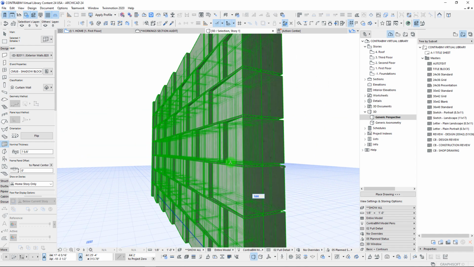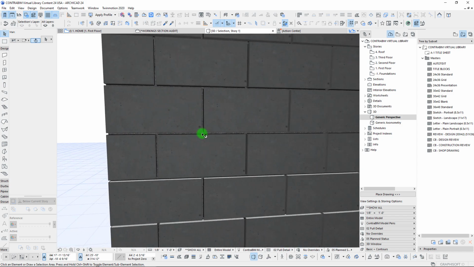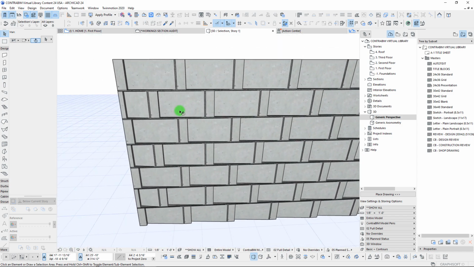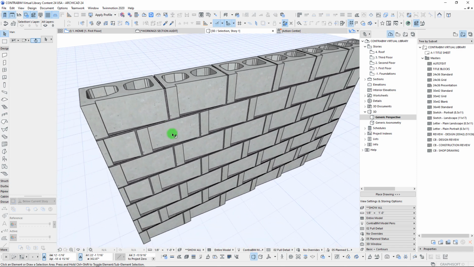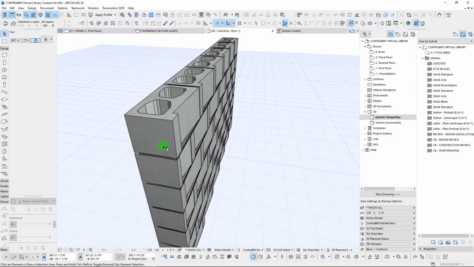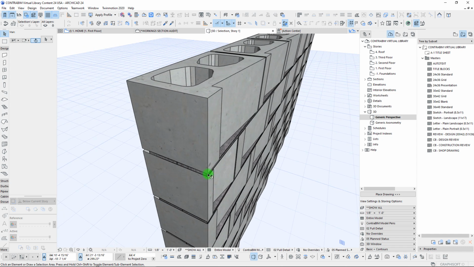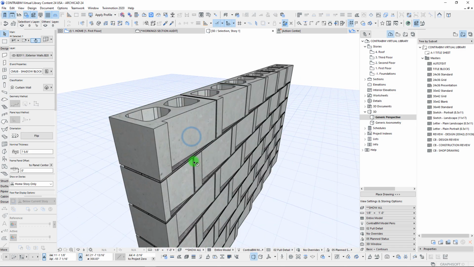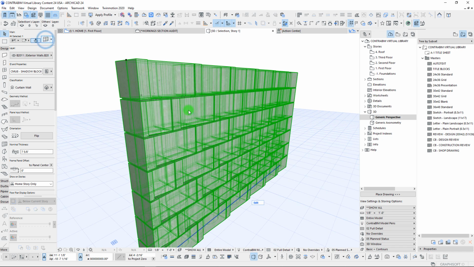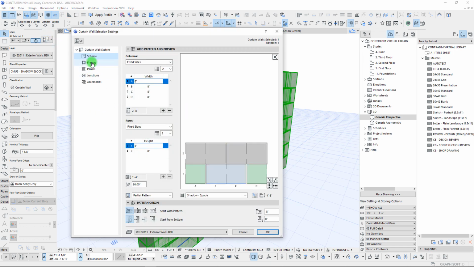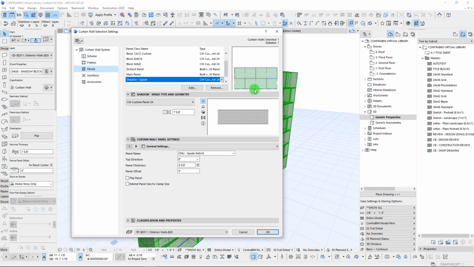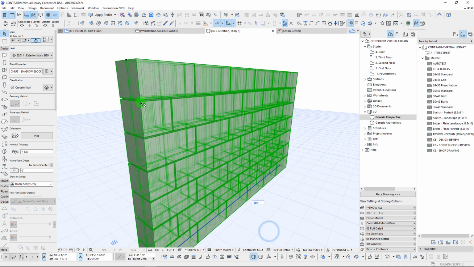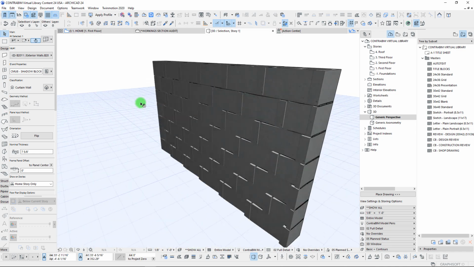Okay, so one of the things that we can notice here is, for one, it seems like everything is kind of flipped around. So I think what we'll want to do is, well, we need to do a few things. We either need to just adjust our offset on our mortar so that that is being pushed back a bit, or we can also flip around our block. So it seems like our block is maybe not exactly how we intended it to come through, but let's go here. We can flip our panel and let's see what that gives us